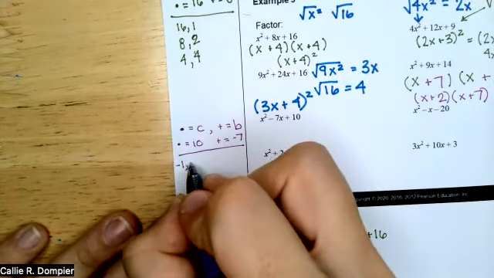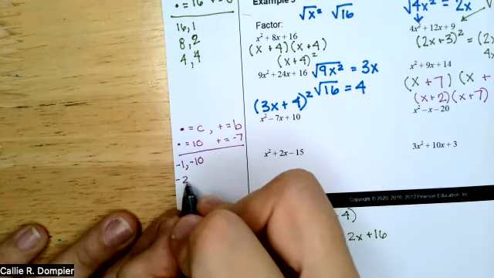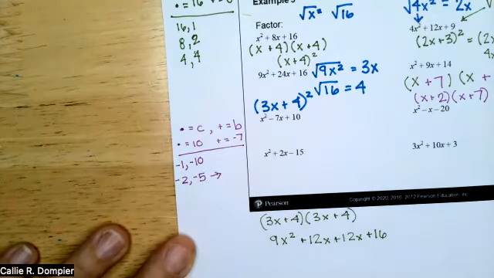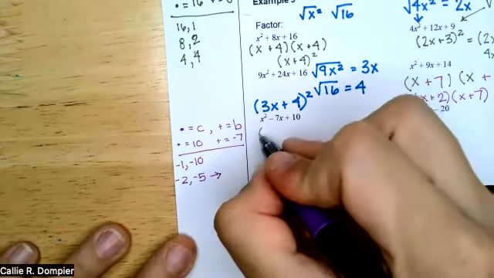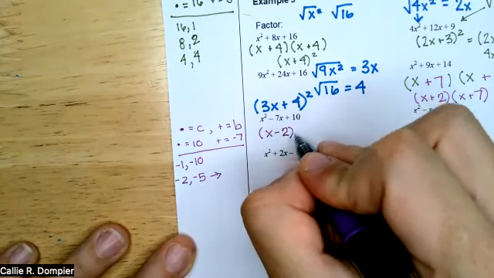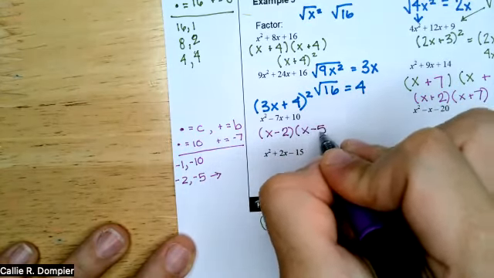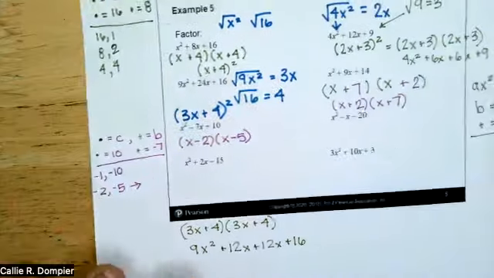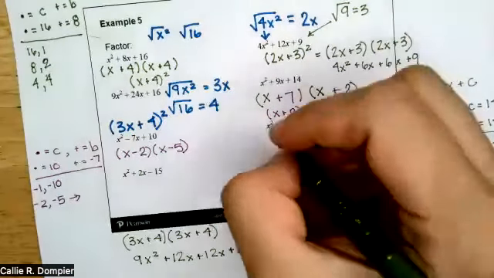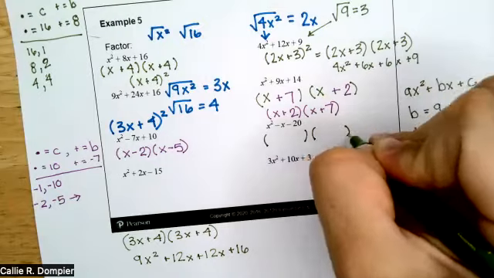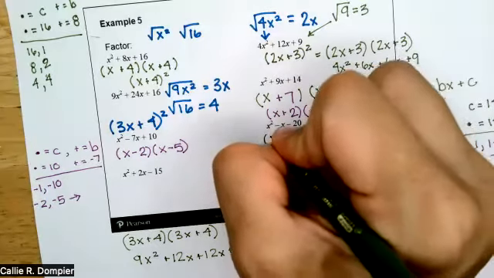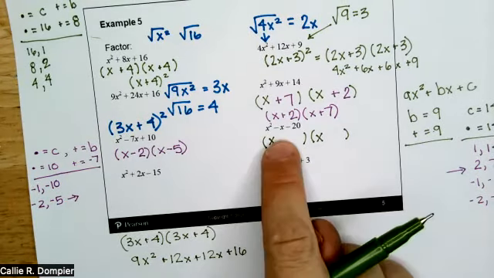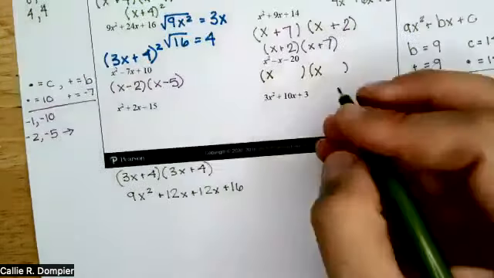So it could be -1, -10. It could be -2, -5. And that adds to -7, right? So we're going to say it's x minus 2 times x minus 5. Again, because a is just 1, we can always call the first two terms x times x, right? Here, what we need is, I'll bring it down here,